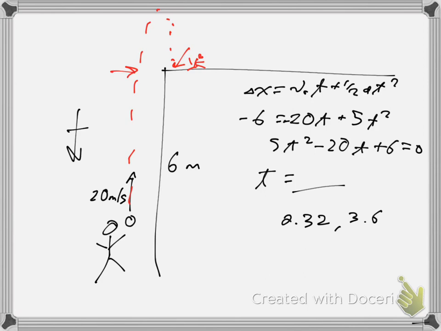And so the 0.32 seconds is how long it takes for the ball to reach the height of the roof going up, and the 3.6 seconds is how long it's going to take to go all the way up, reach its maximum height, and then come down to the height of the roof. And so you've got to think about, which of these roots are important to you whenever you have a quadratic equation. In this case, I use the example in class of if I was tossing a ball upward and hit the ceiling,